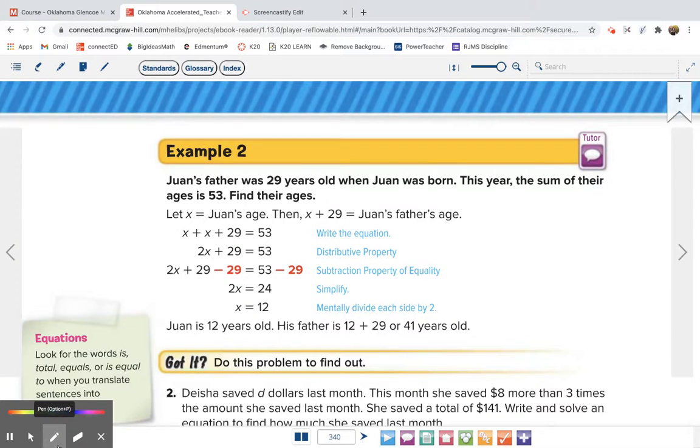Example 2, this says Juan's father was 29 years old when Juan was born. This year, the sum of their ages is 53. Find their ages. Okay, so this is a separate type. They don't just give us the normal sentence because it just says Juan's father was 29 years old when Juan was born. So for Juan, they use X, so we will too. That's Juan. We know we're combining their ages, which means we're adding. But his dad was 29 when he was born. So his dad is going to be whatever Juan